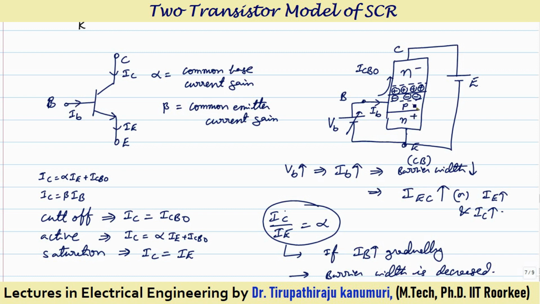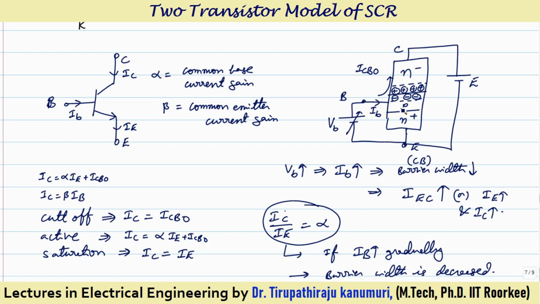So out of the carriers that are diffused into the P region, some carriers will come out as IB, that means base current, because this is the conventional current direction or positive current direction. I am discussing about electrons. Electrons will jump from here to here, some will pass through this IB, and some carriers, because they are the minority carriers,